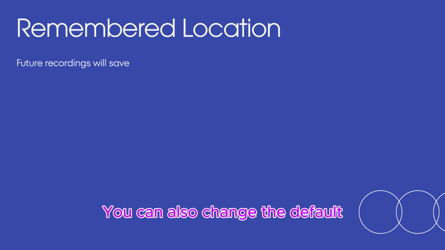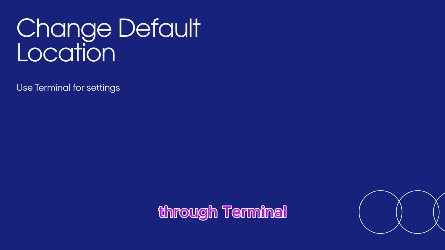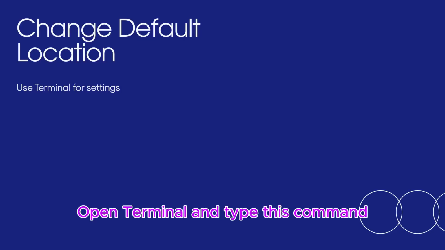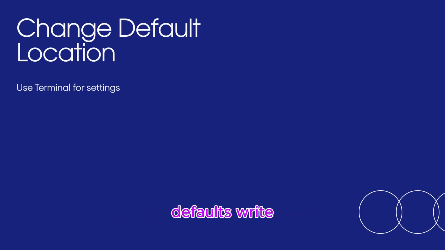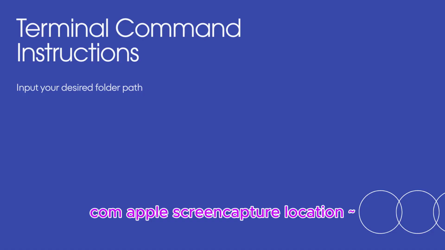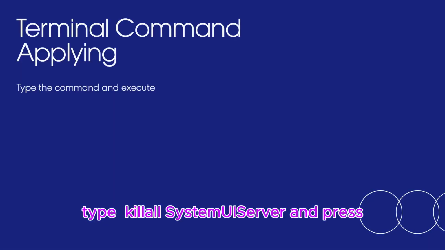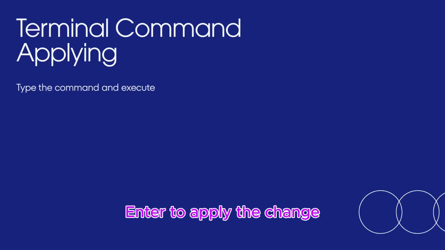You can also change the default save location for all screenshots and recordings through Terminal. Open Terminal and type this command, replacing the path with your desired folder. defaults write com.apple.screencapture location Documents, then press Enter. Next, type killall SystemUIServer and press Enter to apply the change. Now all new screenshots and screen recordings will